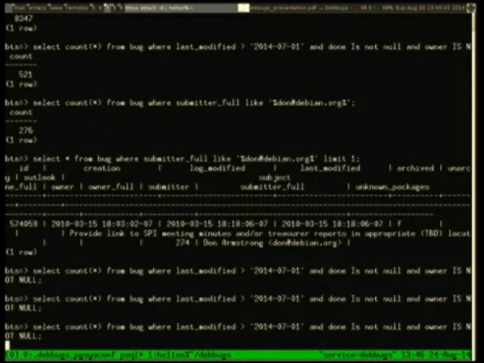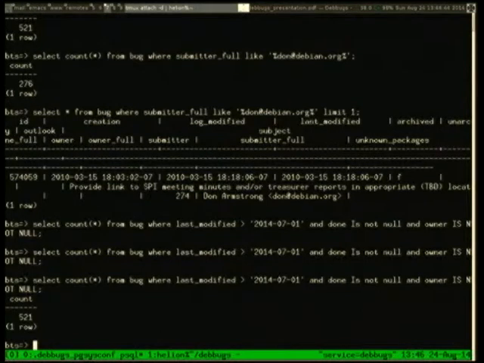So I can run the select statement, which is just selecting the count of bugs which have been modified since, I think that's June or July, which are done and which there's an owner set. And the answer is